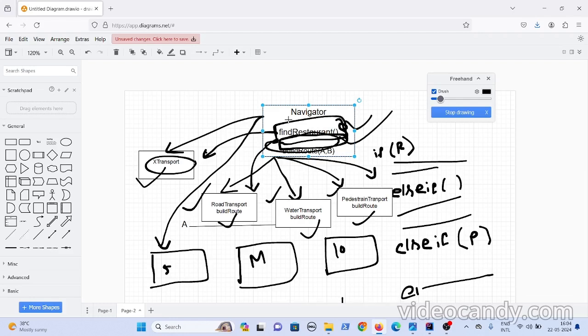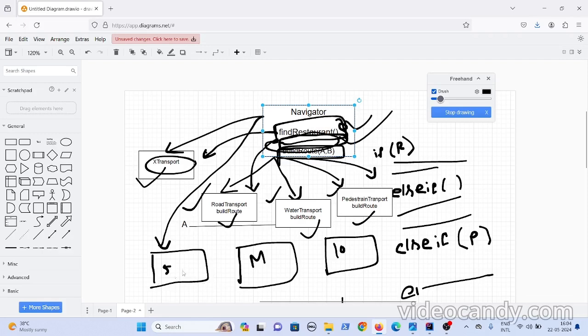This all has become messy, because what we have done is we have created an abstract method here. Whatever classes inherit have to implement the logic. Initially, since there is only one method, all these transport classes implemented the logic of the build route. Now for restaurants, you have created other classes, and what you thought is, whatever I have done for the build route, I'll do the same thing here.